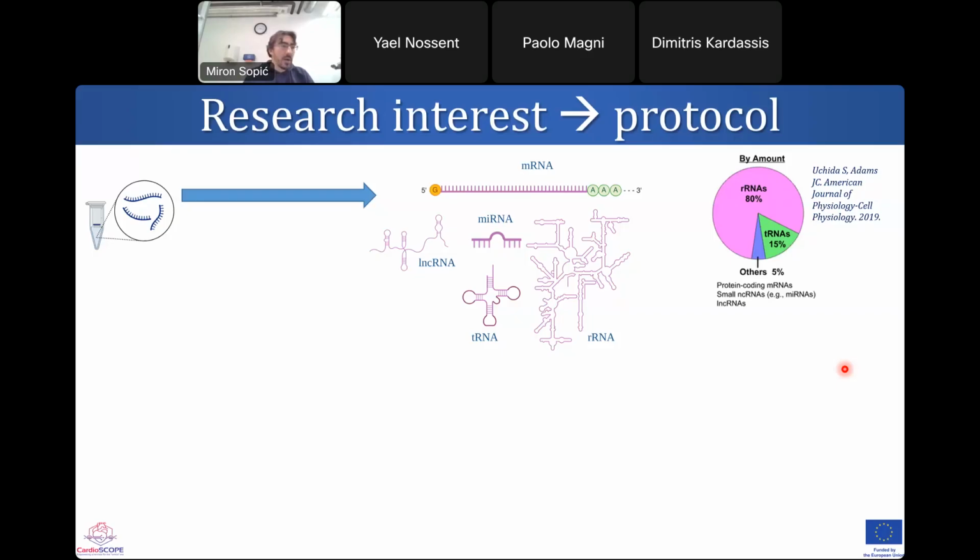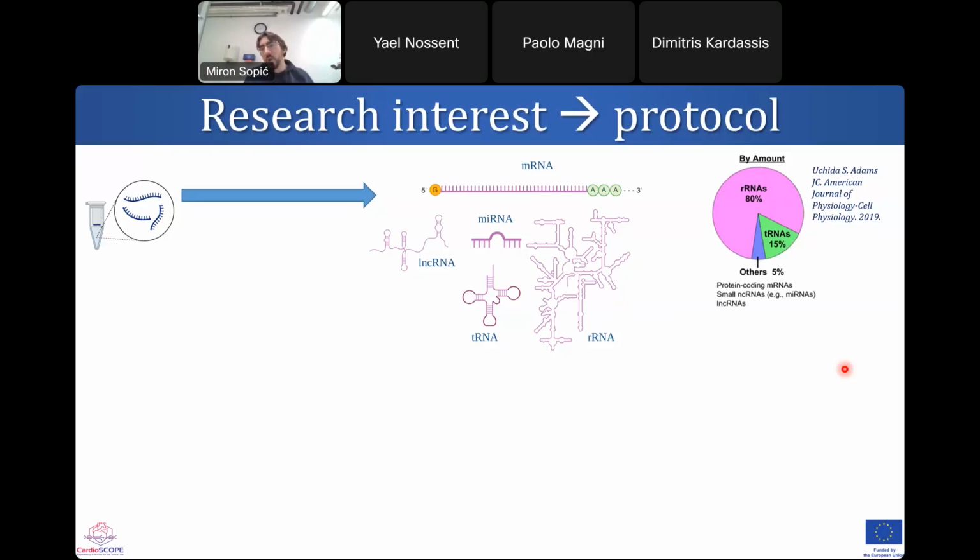all the mRNAs, microRNAs, circRNAs, lincRNAs, everything goes in this 5%. So just to put that in perspective, if you have 1 microgram of RNA to start, 80% is going to be, so 800 nanograms is ribosomal RNA, 150 is tRNA, and basically 50 nanograms is what you have left for the analysis. Of course, ribosomal RNAs most of the time are not of interest to researchers, so they need